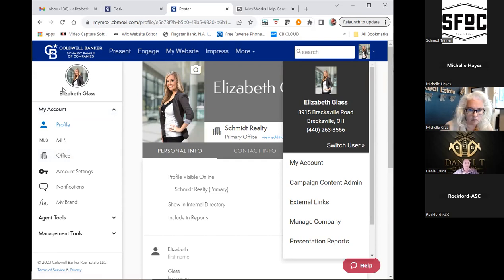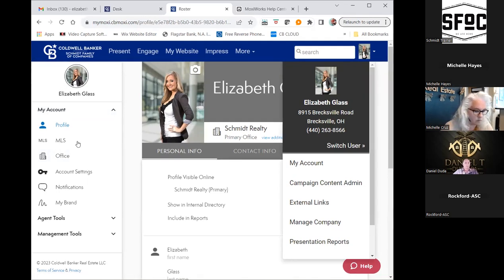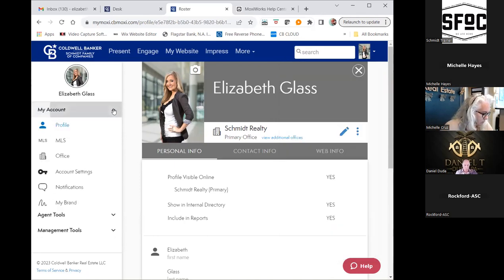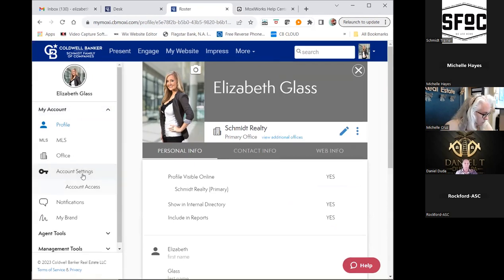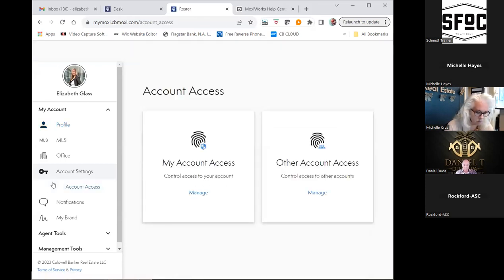So on the left side, so that you can give permission to your ASC to go into your account and help you, or the ASC can actually send a request to you to connect, there is one option on the left under My Account that says Account Settings. If I minimize My Account, right here it says Account Settings. So very quickly, just to review, we're going to jump onto the other help locations.